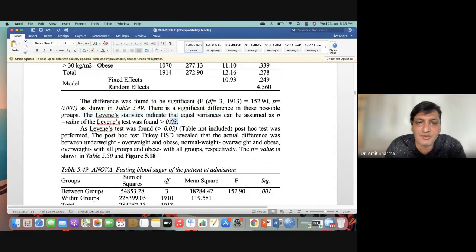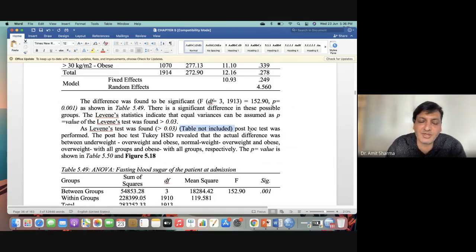See, my cutoff point was this one, so I have discussed whether it was more than or less than 0.05, and you can see that for the post hoc table I have written that it is not included in the thesis because it is not necessary to add every table. Just write that for the test for Levene or test for homogeneity, the p-value was found to be this much, it means so and so. So directly I have written that the table is not included.